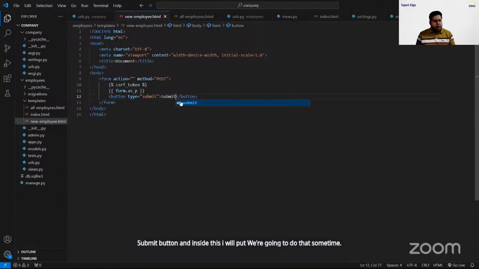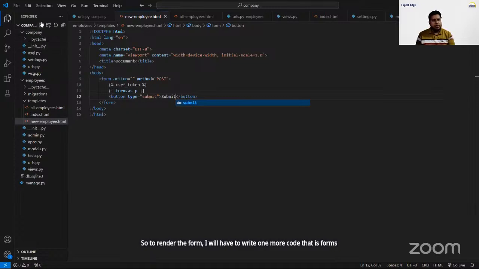And number two, I will have to store this data into the database. But to store this data, first of all, I will have to render the form. So to render the form, I will have to write one more piece of code, that is